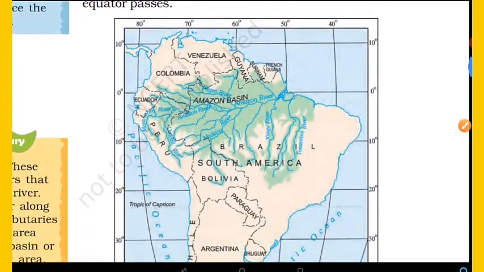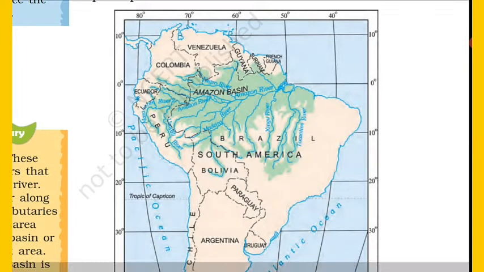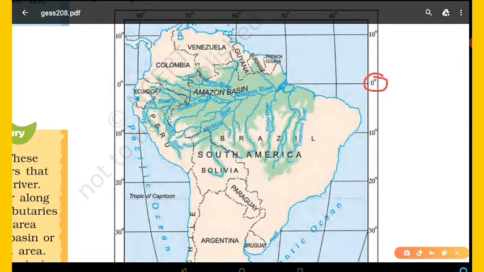We can see in this map, this is the 0-degree equator and it is passing through these countries. For example, Ecuador, Colombia and Brazil. So these are the countries, and a little this one, Peru. So these countries are crossed by this one. This is the 0-degree equator,